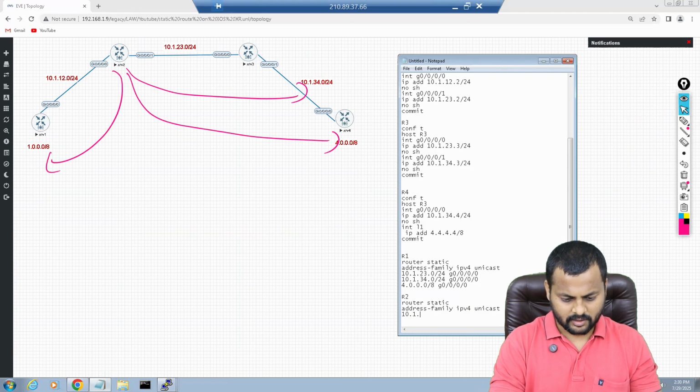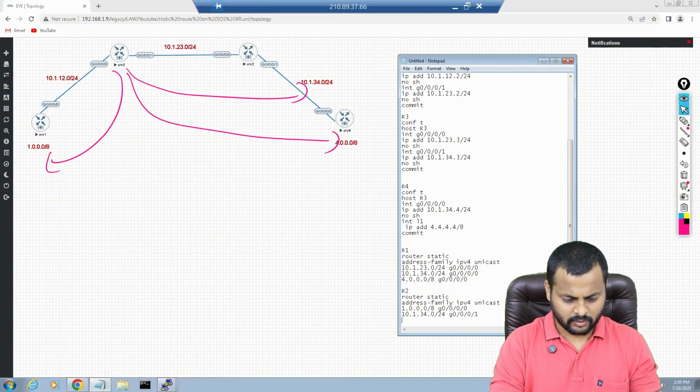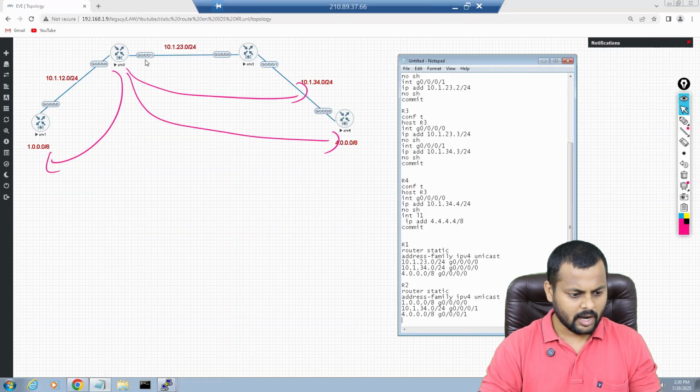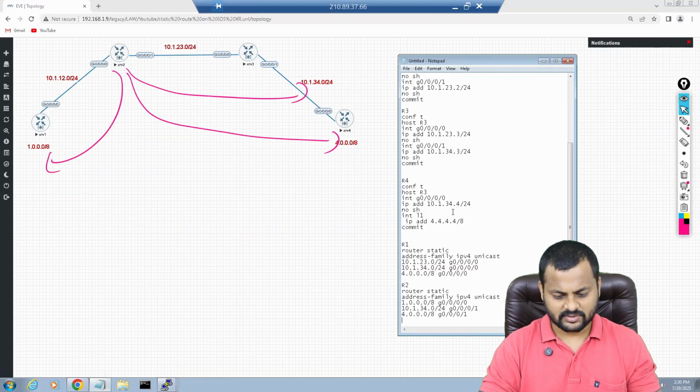And we have 1.0.0.0/8 and gig 0/0/0/0 here. Same thing, 10.1.34.0/24 gig 0/0/0/1 and 4.0.0.0/8, that's gig 0/0/0/1. So from R2, if I want to go this side, 34 and 4, this is my exit interface. If I go this side, then 0/0/0/0 is my exit interface.